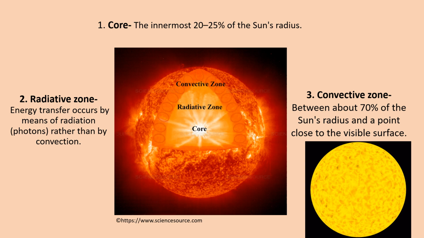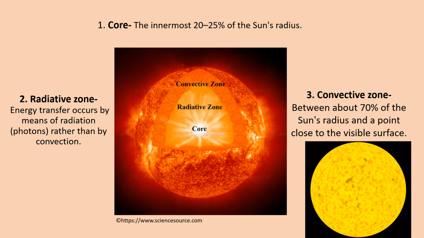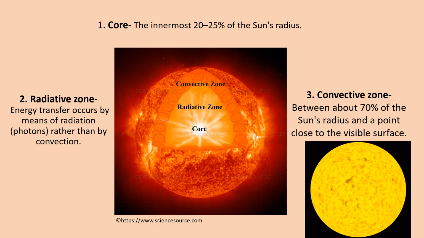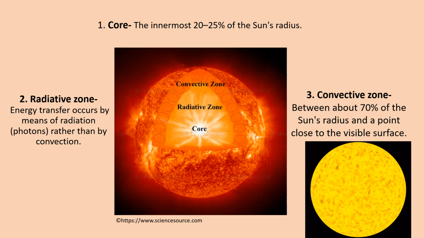The convection zone extends from 0.7 solar radius, which is approximately 5 lakh kilometers, to near the surface of the sun from the core. In this layer, the solar plasma is not dense enough to transfer the heat energy in the form of radiation, and hence this allows convection currents to develop and move the sun's energy outwards to its surface. The density of the convective zone is comparatively very low, which is 0.2 gram per centimeter cube.